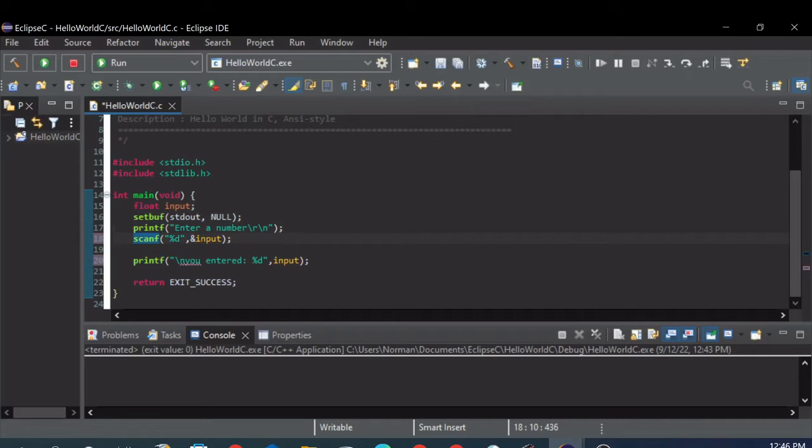Enter a number. We'll leave the prompt the same. To input a float from scanf, instead of a %d, it's %f for float. And same with the output in the printf. Now, when we clean and build this,